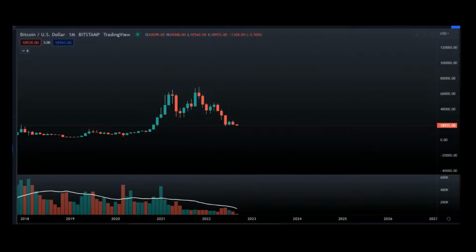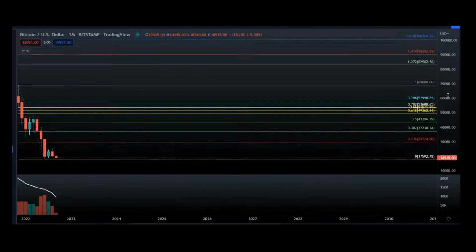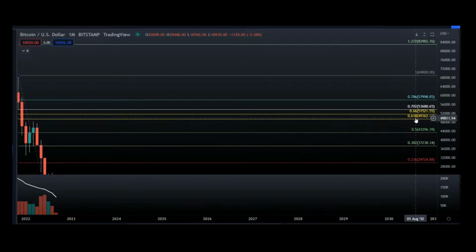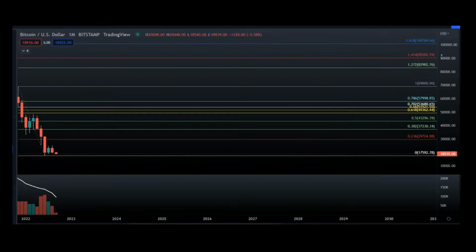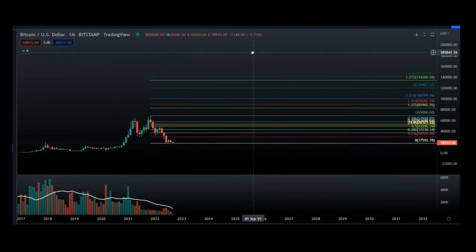But if we draw levels from the all-time high down to the current bottom, all right, as we can see, we have a golden pocket target between 49 and 51k, and our 4.236 extension is right about $235,000. Now, it may be hard to believe and may seem totally unrealistic that Bitcoin will reach those price levels, but please look back to the charts yourself, use the Fibonacci tool from previous cycle, and you will be amazed at how well